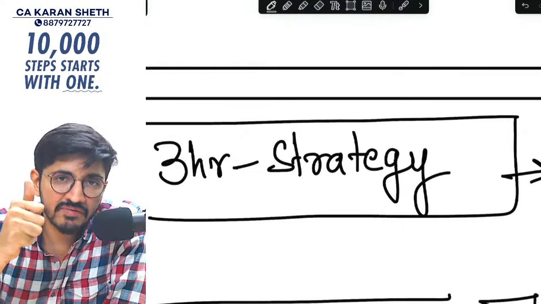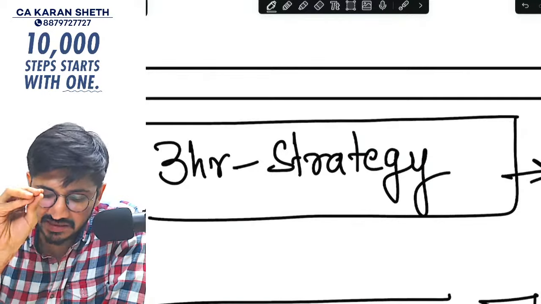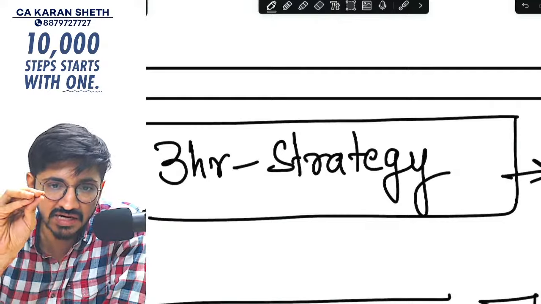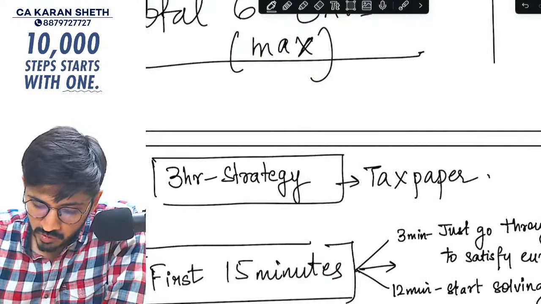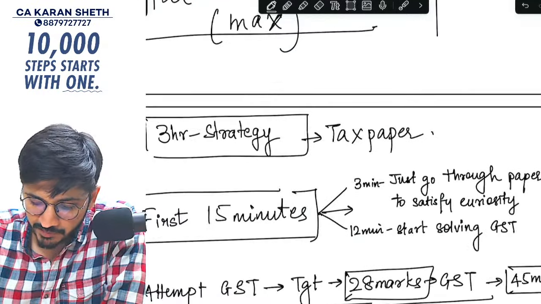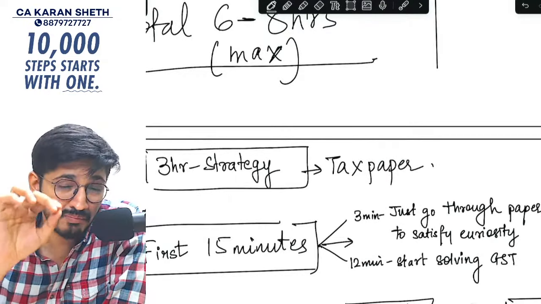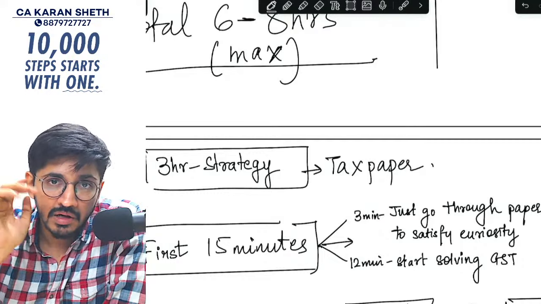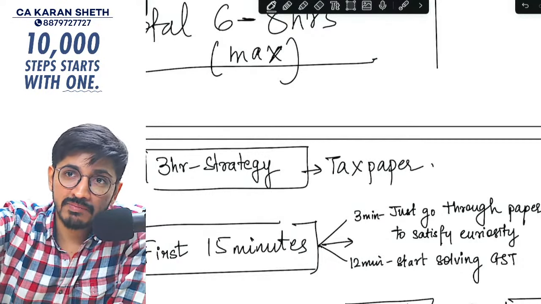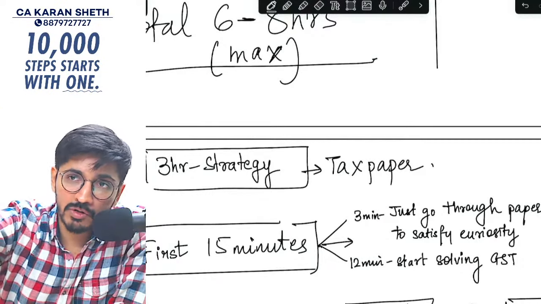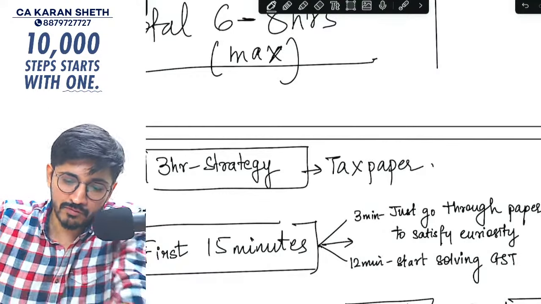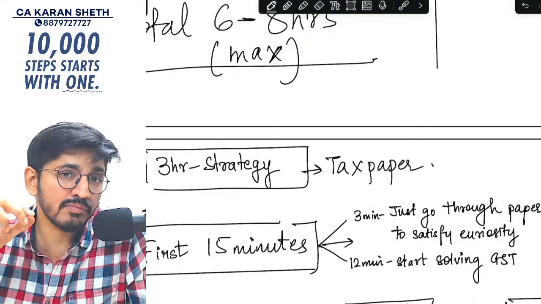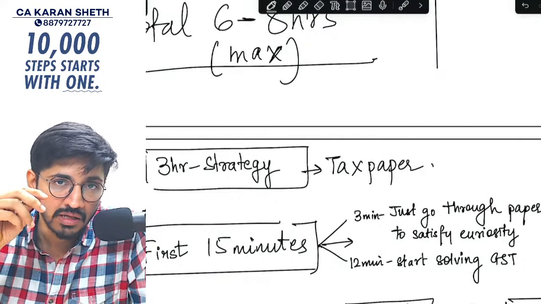So one thing is definitely for sure, that in that 3 hours, before that you have 15 minutes as the reading time. How do you spend that first 15 minutes? Very simple. First, please make sure you carry a watch, and that is right in front of you. Possibly keep a small alarm clock type watch only, so that you can easily see the time. You don't have to keep looking like this. Understand that the first 15 minutes is very crucial.